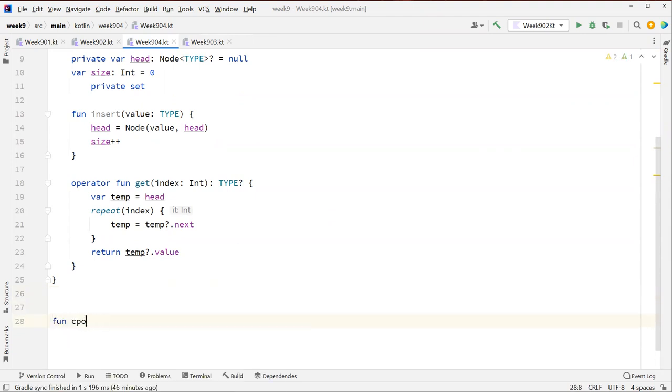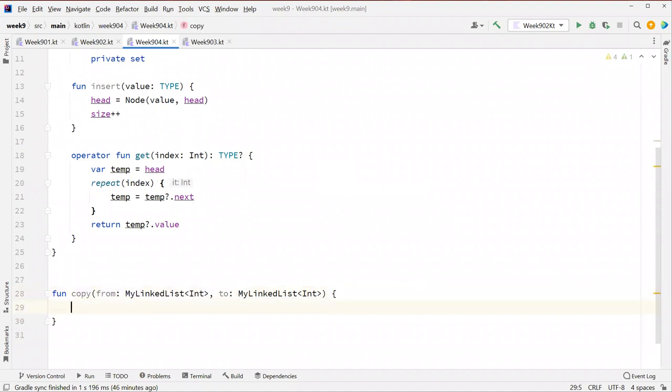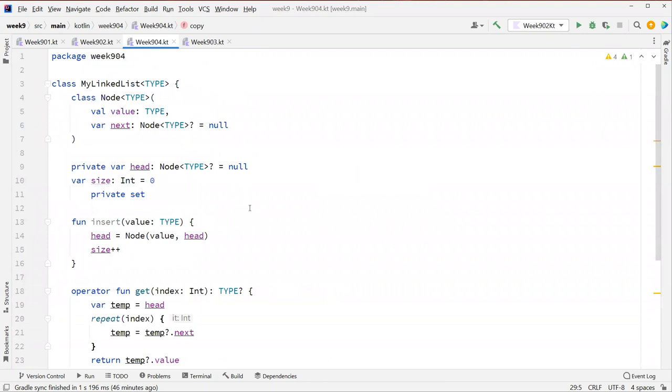I'm going to call it fun copy. And we'll say we're going to copy from some list. And I'm going to call it, what was this? Did I call it my linked list? Yeah. So my linked list. And let's just start with integers. So this function will only work on linked lists of integers. So I'm going to come in here. I'm going to say I want to walk through all the items in my first list and then do stuff in the second list. And just as a by the way,